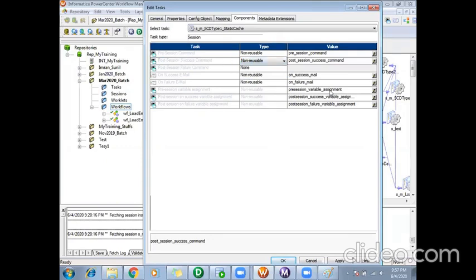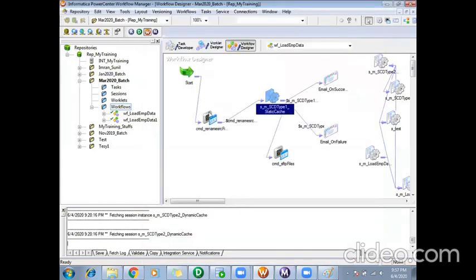And post-session success command, whatever commands you give here, it will start after your session completed successfully. Failure command: if the session has failed, then the post-session failure commands will run. So if you don't want to use an explicit command task, you can use the command task within your session also.